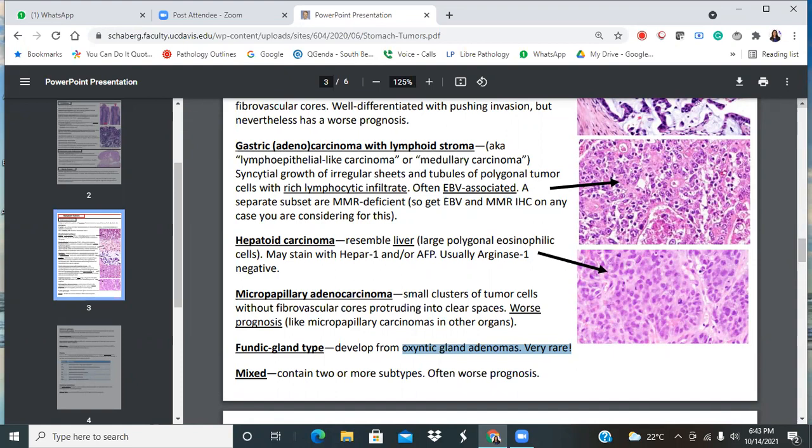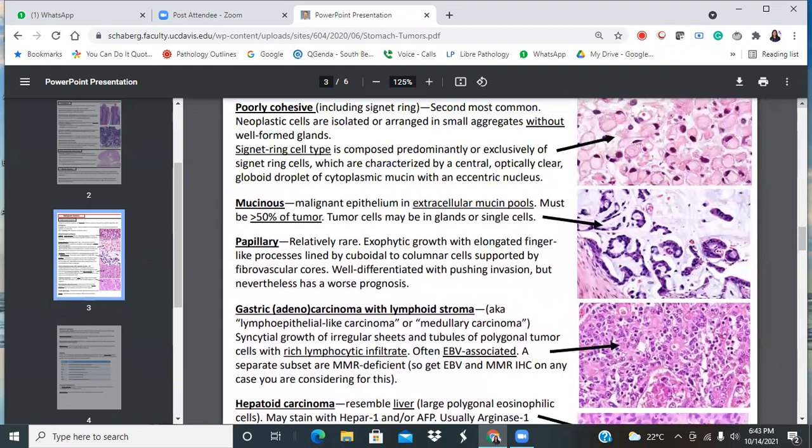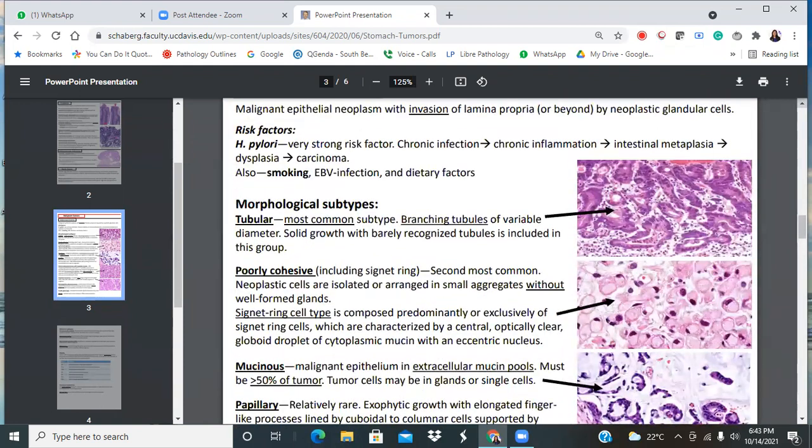I wanted you to go back to the signet ring cell morphology. Just an advice for everybody who's going to do GI or who's doing GI: I can't express enough how very, very easy it is to miss signet rings. I do stomachs, minimum 60 a day, so I go with a checklist.